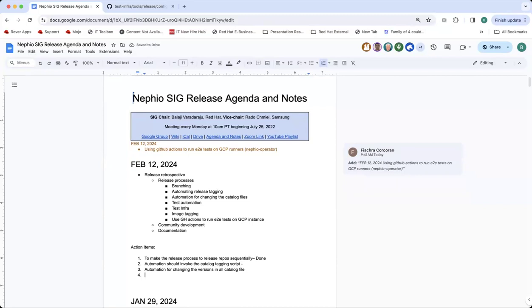So, I guess for the image tagging, I think it's already covered. I think images will be tagged when you run a release process. We are covering that, right? That's in Prow, so that's also automatic when you create the tag or branch. Yeah. So now I wanted to talk a little bit more about end-to-end testing,